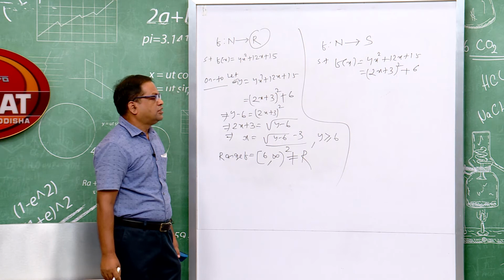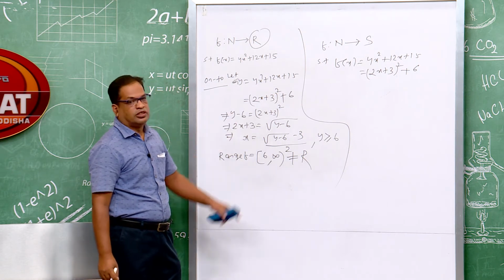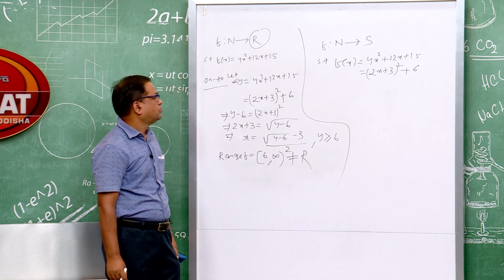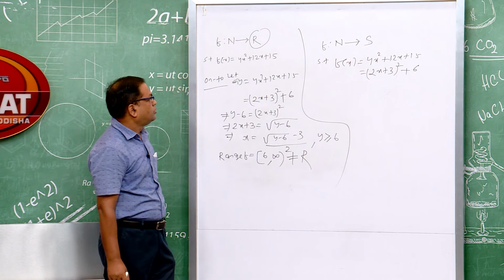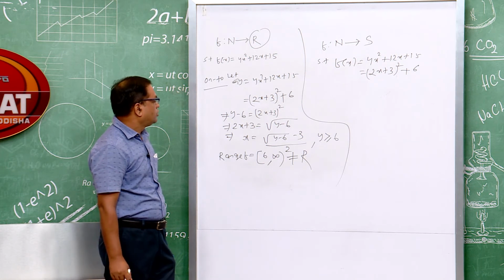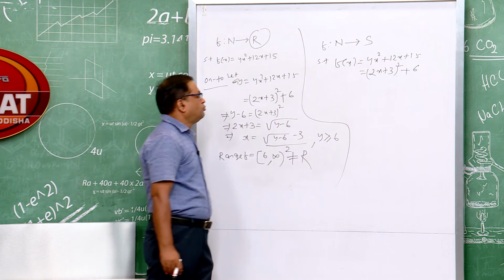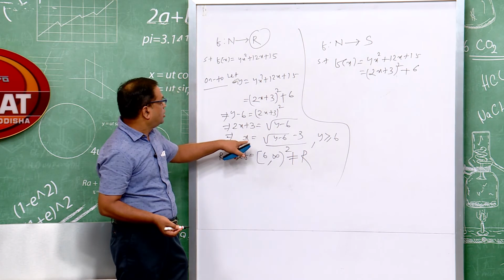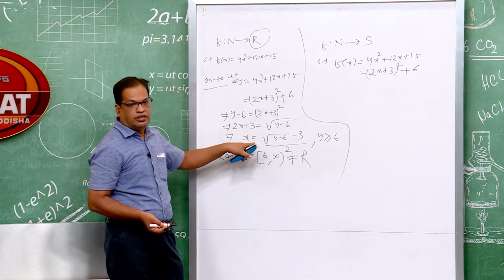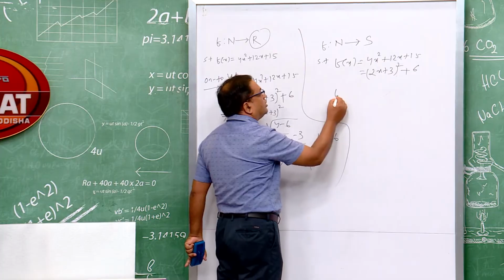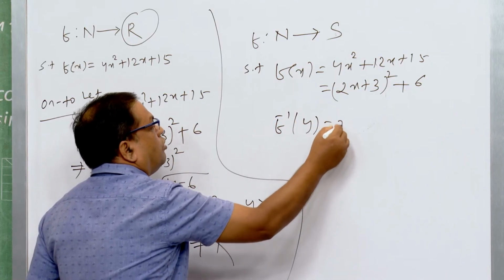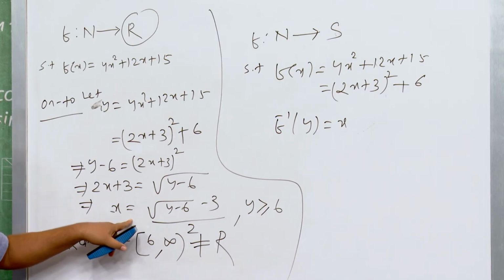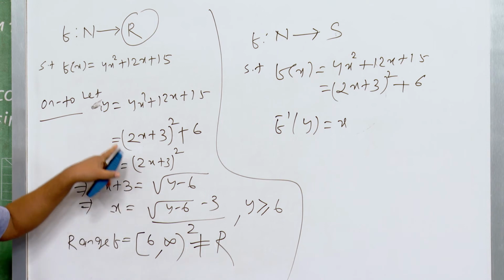Now you can test it: this will be onto. f(x1) is equal to f(x2), so x1 will be x2. So this is 1-1 and onto. Now this is also invertible. Invertible, then what will be the inverse? I have already told you how the inverse is obtained. So what is your inverse function notation? f inverse of y is equal to x. So f inverse of y is equal to x. What is x? It is already obtained when we tested for onto.